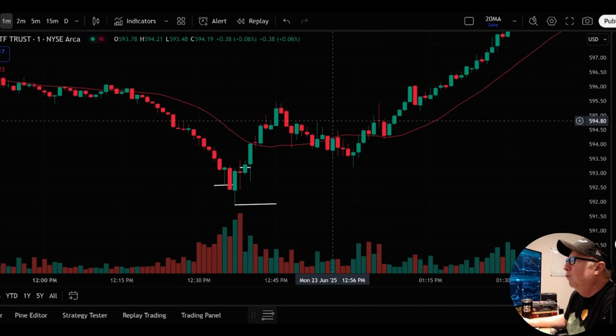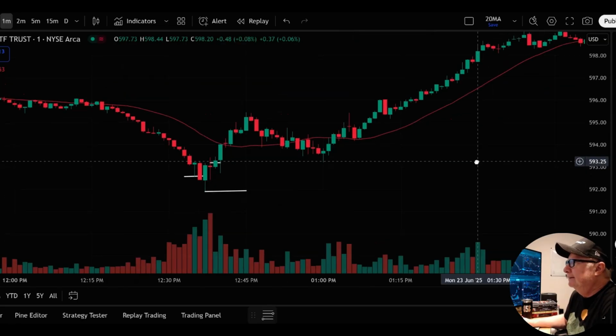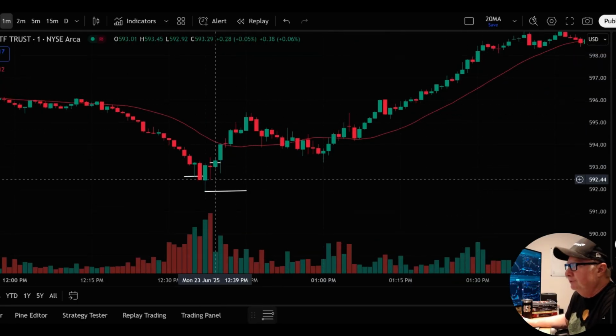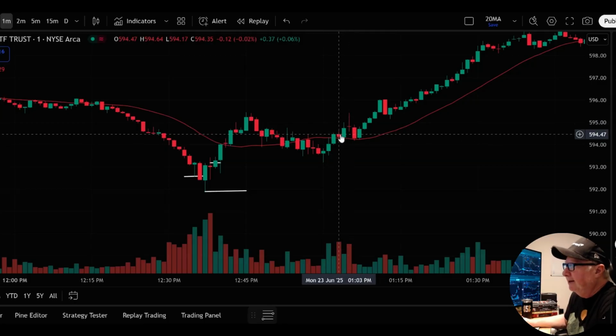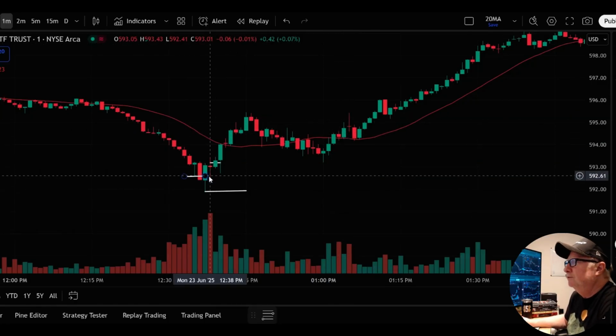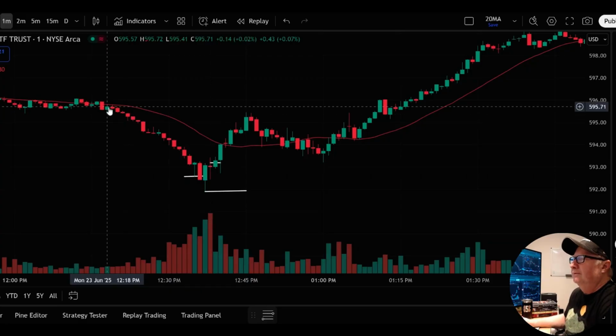Because remember, this is the 1 minute chart. And SPY kept going from here. It was the same thing in the Qs. So this was a really good trade. This was a really nice setup and continuation of this first trade, the volt trade, which, to wrap it up,